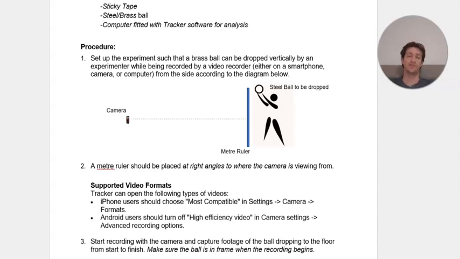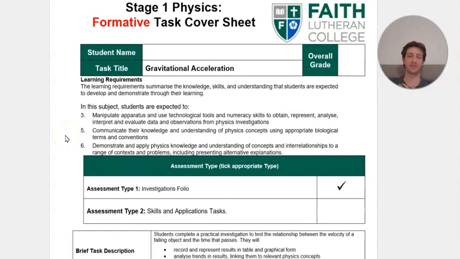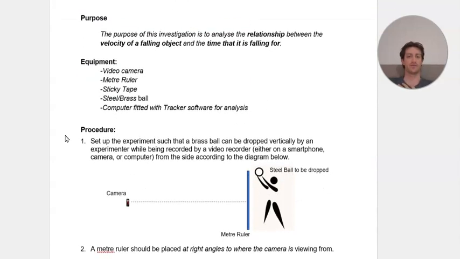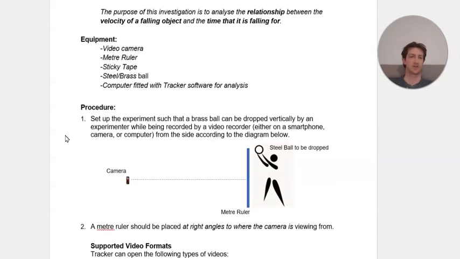Hello there. In this video we'll be going through how to use the Tracker program to determine the acceleration due to gravity by dropping a ball from a certain height. On the task sheet for the gravitational acceleration practical, if we scroll through, we'll have the method for the experiment